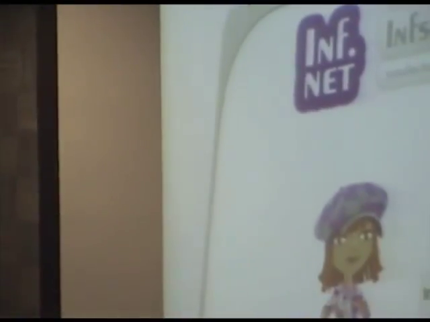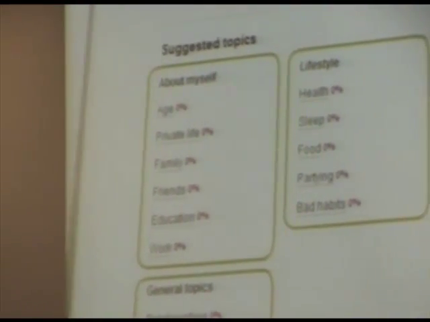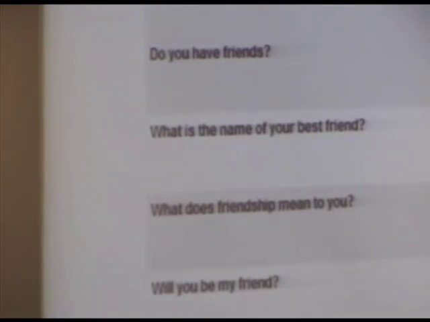Your Inf is ready. Her name is Anna. Infs can make friends and chat with each other. Oh no! What's happening? Nobody wants to be friends with Anna. Why is that? Although she looks great, Anna is not very interesting to talk to because her conversations are limited. So, it's back to school. Infs need to be taught to improve their vocabulary so that their personality shines through. We have provided some popular topics to help you create your Inf's unique character. When you've completed creating the Inf, you will be able to hold conversations on each of these topics.